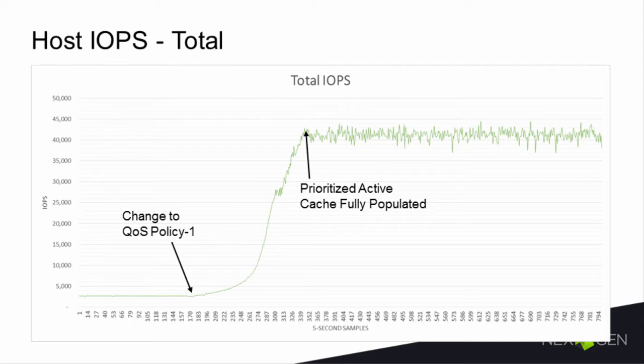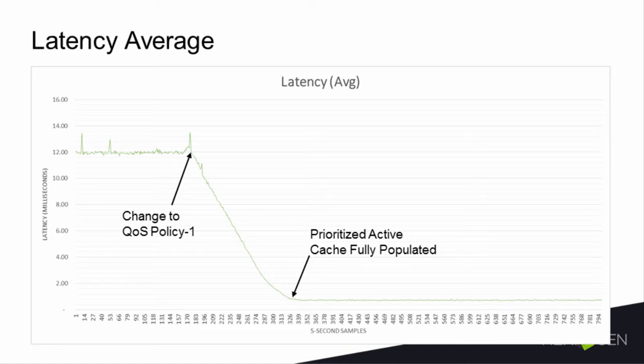Most impressive of all the charts for this demo is the huge drop in latency. Once the QoS policy change was made, we see the steady decline of measured latency at the host. Ultimately, once the prioritized active cache is populated, the IOs for the volumes are satisfied in sub-millisecond latencies to the host. This shows the power of the prioritized active cache, and it is very simple to manage by just placing